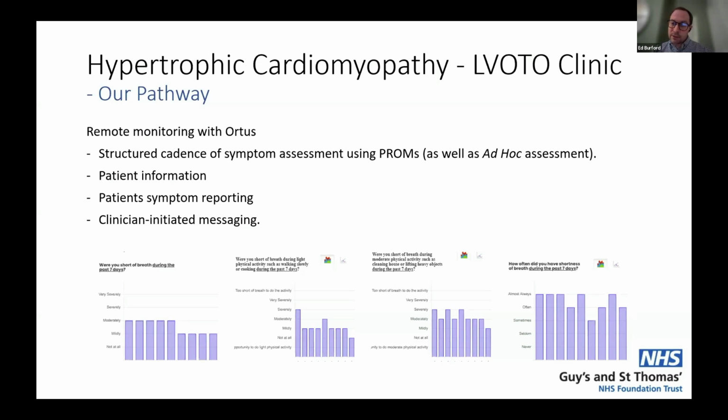And then lastly, we can do that through Ortus itself with kind of clinician-initiated messaging. So we can ask them a few simple questions to understand whether we need to change what's happening, or if there's any acute issues with things like medication supply, for example. And this is something that we do on a pretty regular basis. Obviously, it's not a 24/7 monitored service at the moment, but it offers them an avenue for those kind of less acute problems for us to be able to deal with.